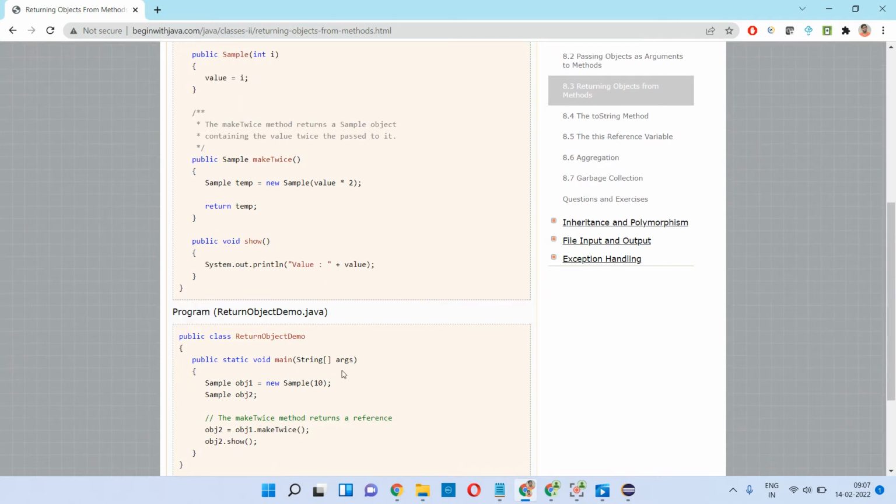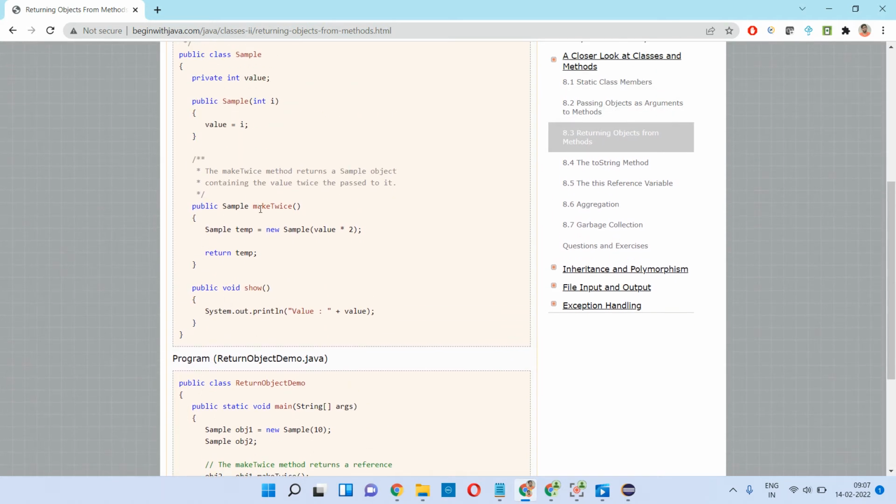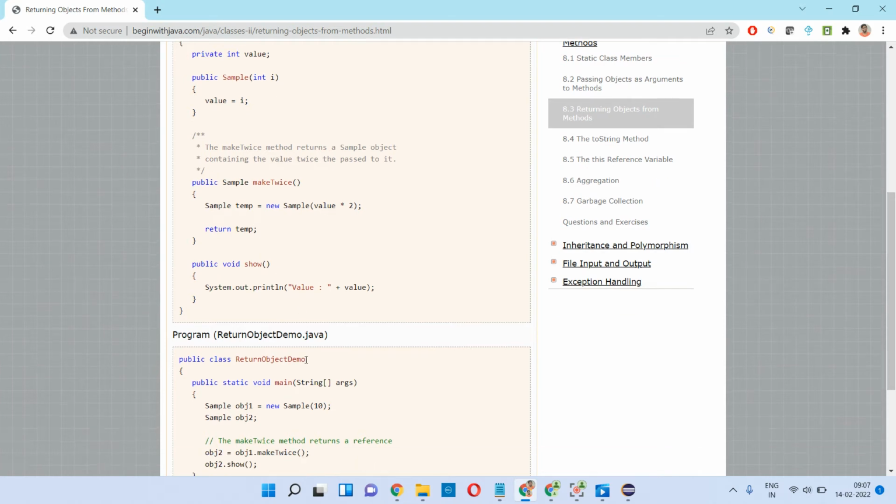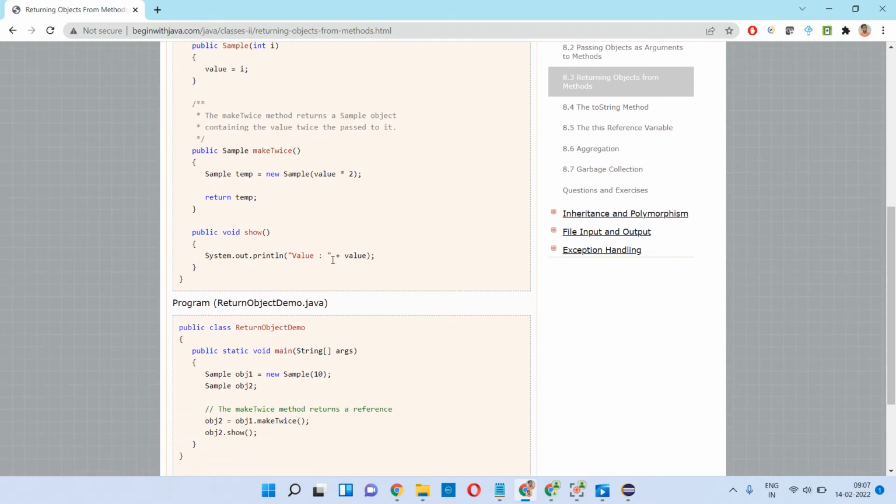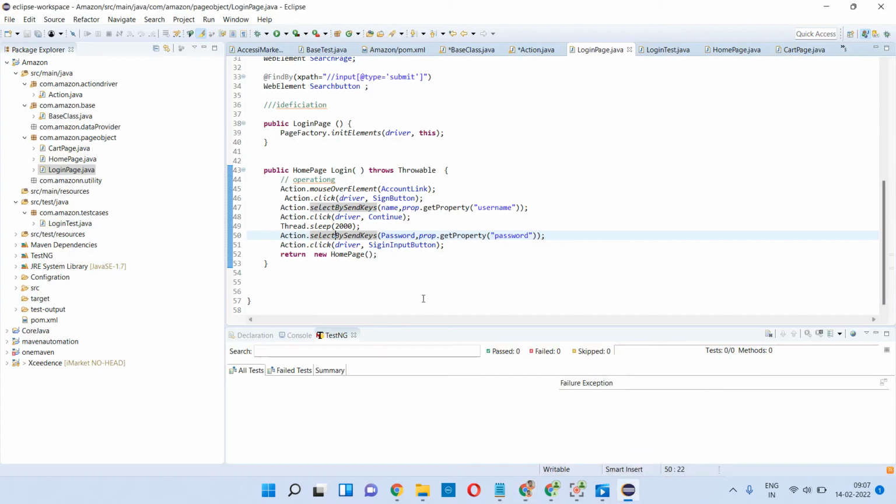That is the main purpose. So I have returned a method and supplied a return type so that it is helpful for another method to get that particular value. The same principle I am applying here: returning a page, the home page. That is the main purpose.